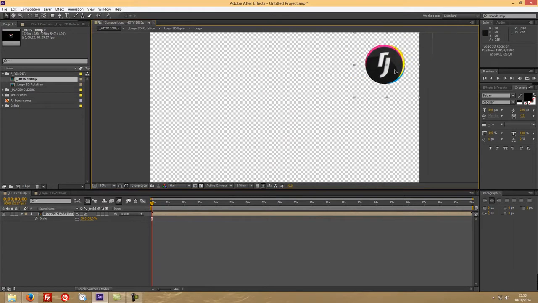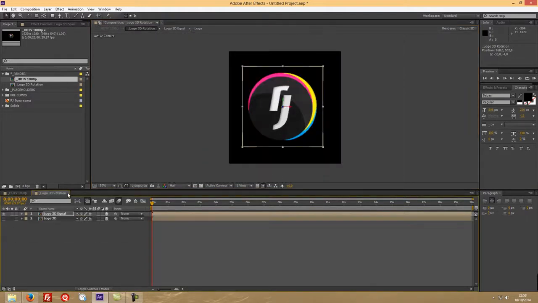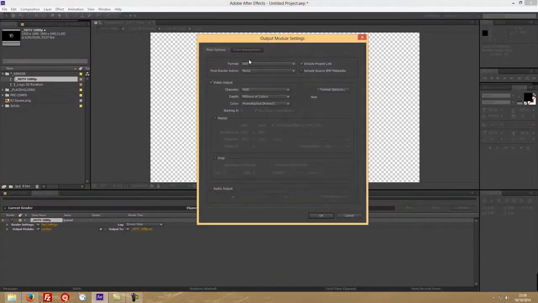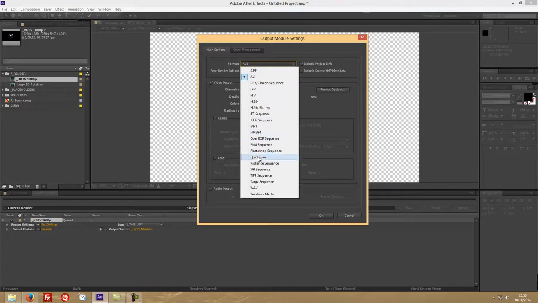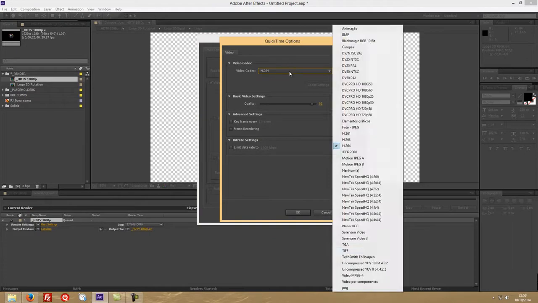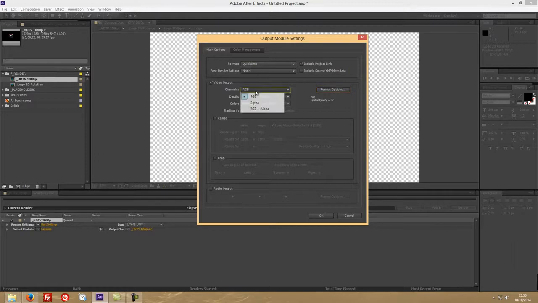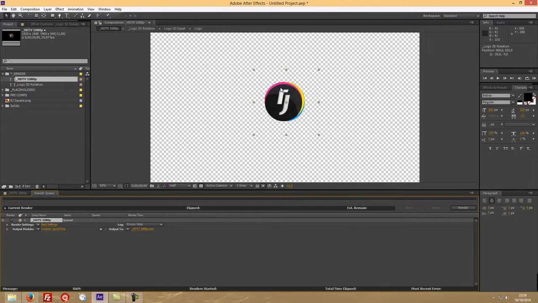and I could render it as it is in the center. I don't need to choose the place. So I'm gonna render in the center, and I can close this. Now I can go to composition, add to render queue, lossless, and what I want to do is I want to select QuickTime, and I want to select PNG, which will give me transparency, and I want to select as well RGB plus alpha. So this will give me transparency on this video,